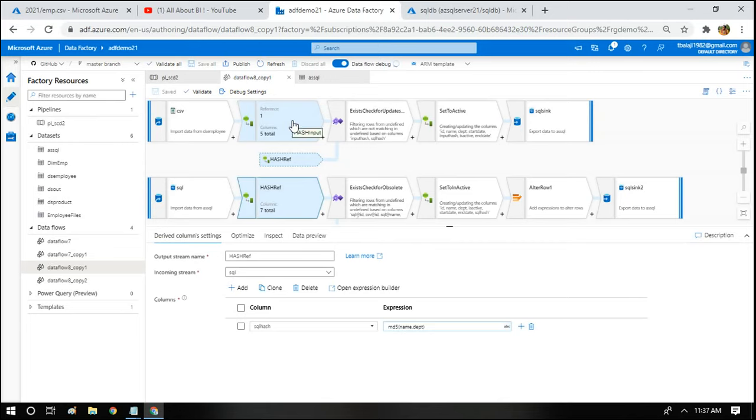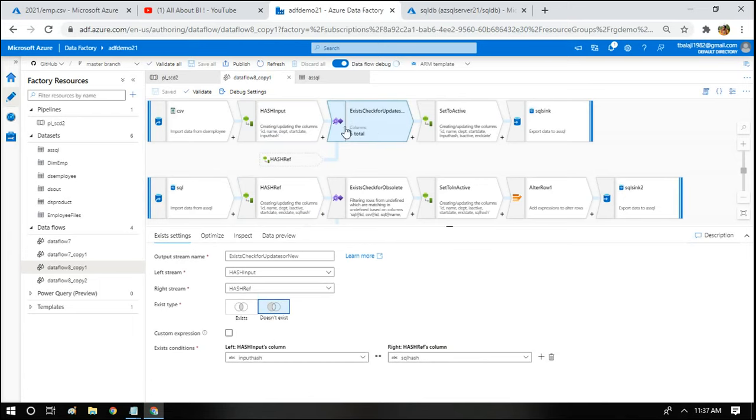After I have implemented the hashing, I am going to use the exists activity. In this exists activity, I am going to check whether the input hash and the SQL hash are actually existing in my table.